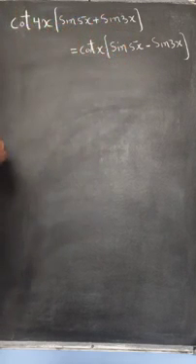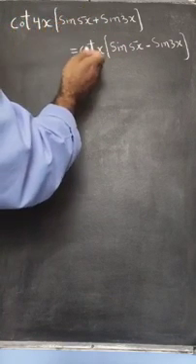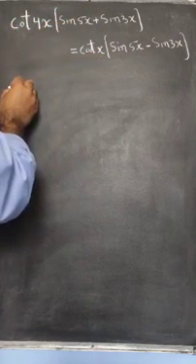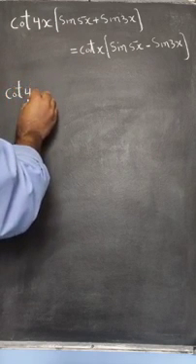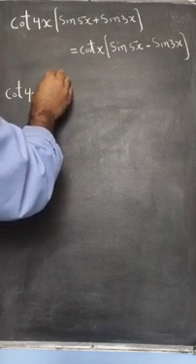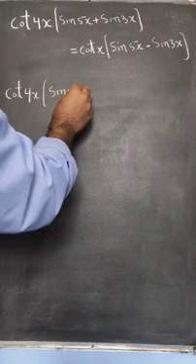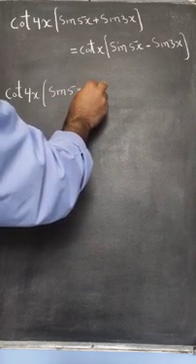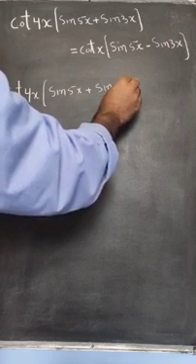For that, we will take LHS and we will show that this is equal to RHS. Now LHS is equal to cot 4x into sin 5x plus sin 3x,